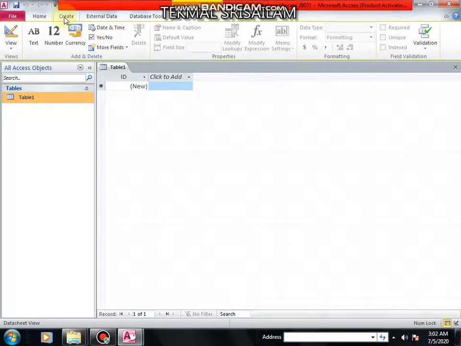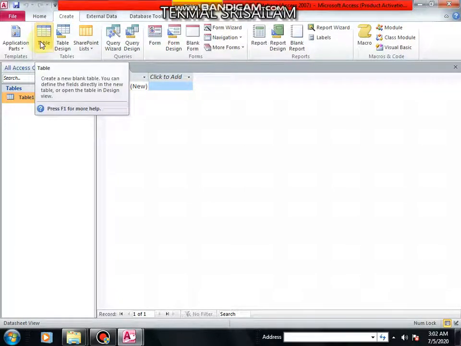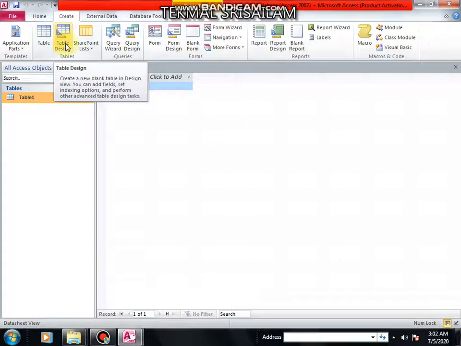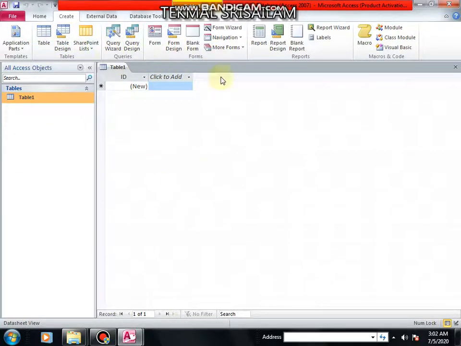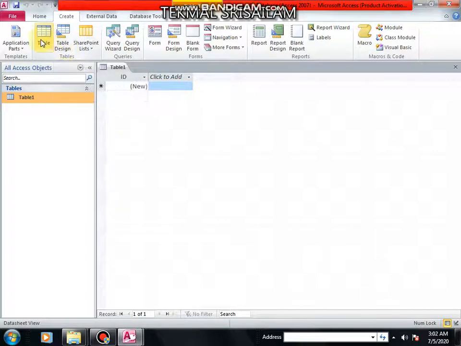Click on create. You will see one option called table and the other called table design. Right now we are in table view, and table design is something different which we will learn after knowing this table.